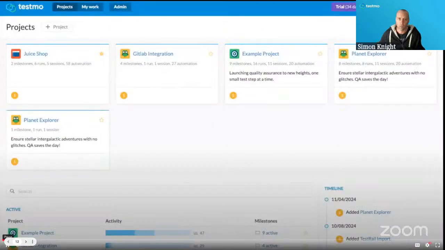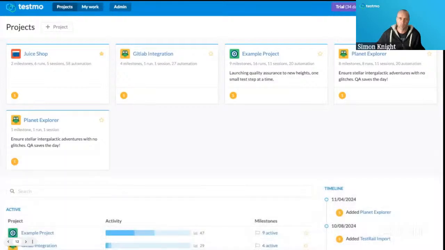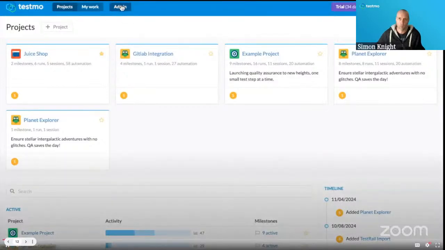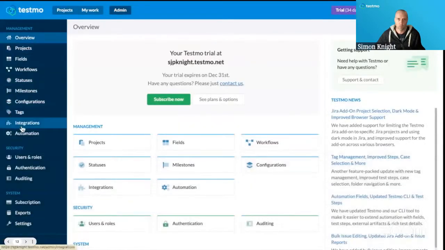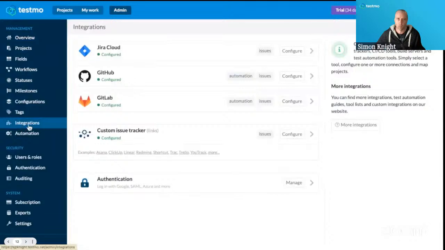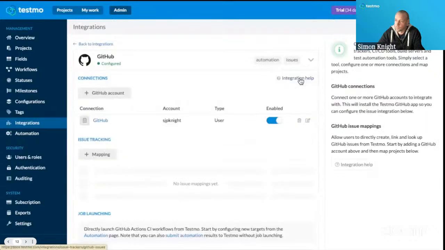Okay, so I've got my own Testmo instance here. And what we can basically see if I go to the administration area is that I've already got connections set up with both GitHub and GitLab. And what that means is I don't need to change anything too much about them right now. But for the avoidance of doubt around how it's all done, if I click into one of the existing integrations,